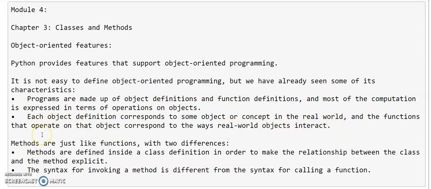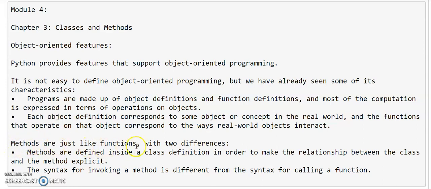So we are going to consider the examples which we have discussed in the previous classes, like the Time class we created, and we created the objects and accessed the different attributes of the objects, and we have done some computations. We will be using those classes, the user-defined types, and we are going to learn how these classes and methods are related.